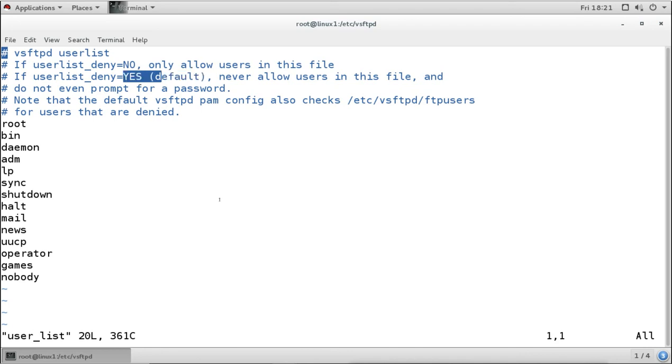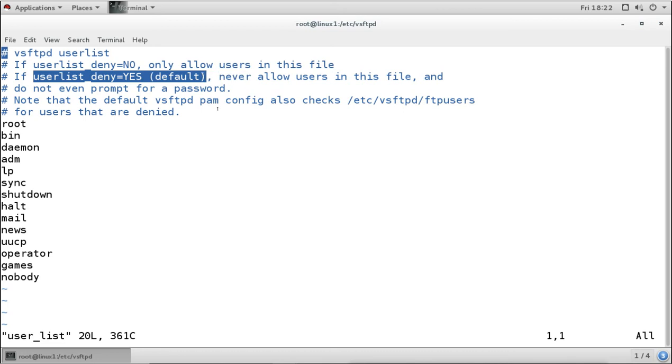Now what does this say? It says never allow the users in this file, and do not even prompt for a password. It is not in our main configuration file, but it still applies because it is the default.